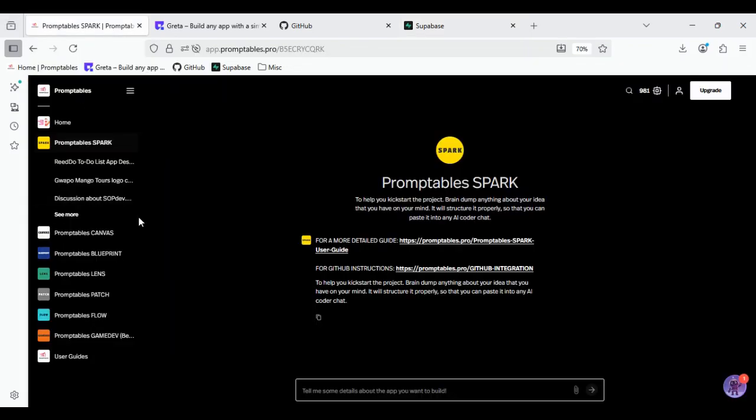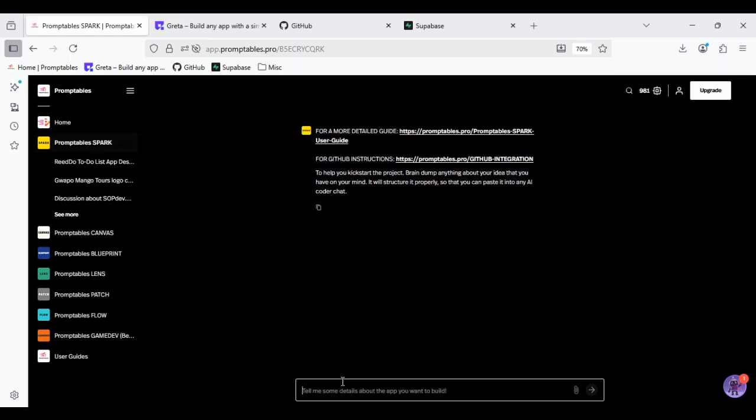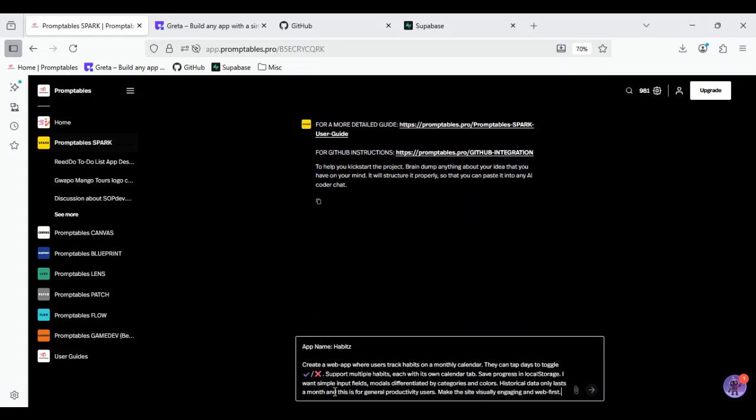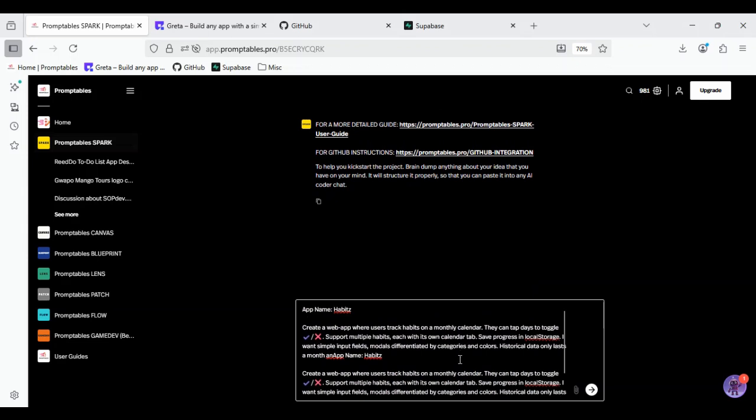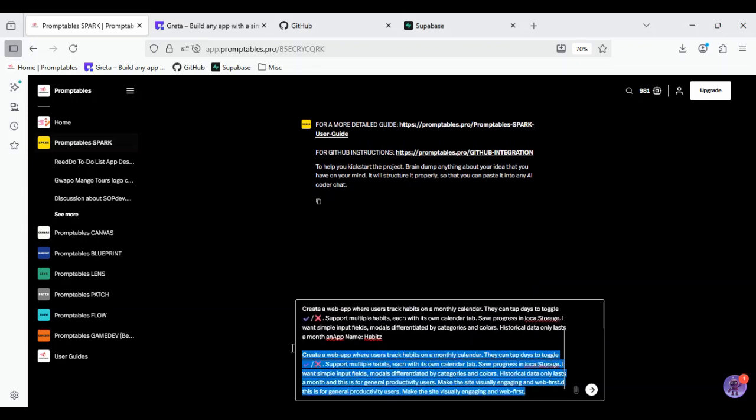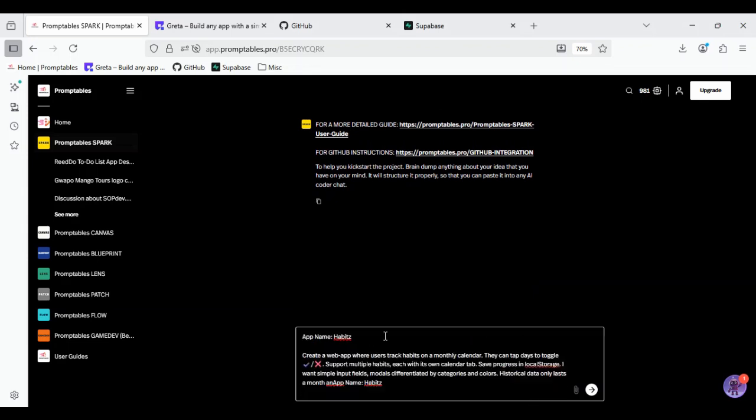Okay, so today's app is going to be a habit tracking calendar, and we're going to name it Habits. I've actually already pre-built a simple prompt that I'm just going to plug in there. Let's see here. Okay. I pasted it in twice. Okay, so we're going to say the app name is Habits, and we're going to create